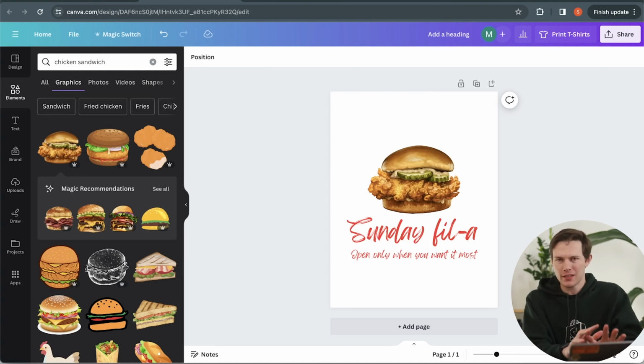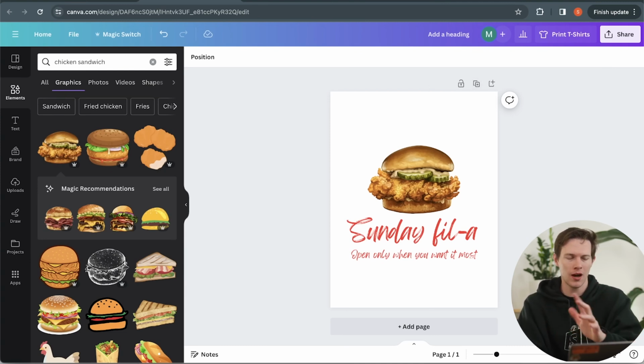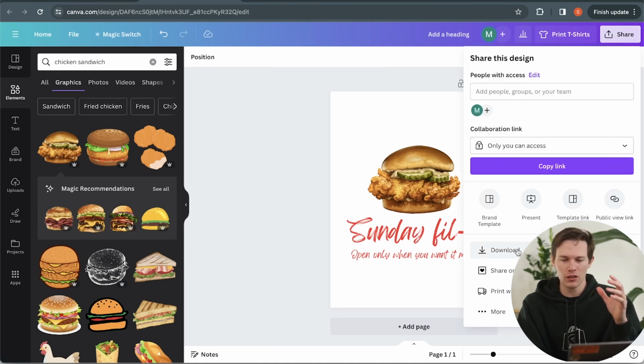Now, something like this, I would definitely consult with an attorney to make sure that it's not infringing on copyrights. I don't want to get a lawsuit behind this. Make sure it fits within some parody law. But again, this is just a funny example of how you might use Canva to make a design. Don't copy this. But again, if I like this, then we can go to share